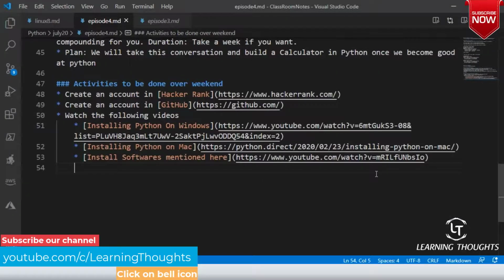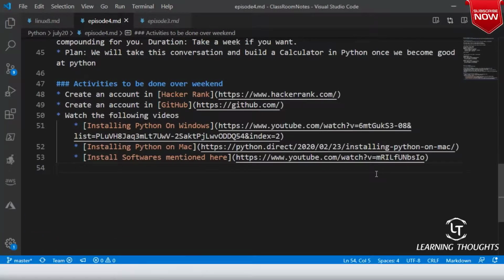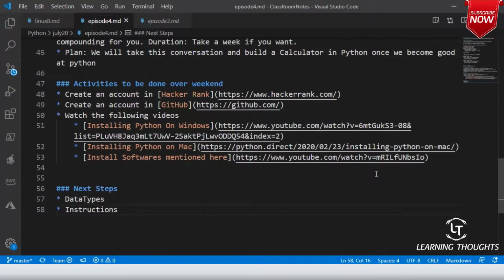Now, this is something which I have. And after this, we are not done yet. We need a few more things over here. So let us try to understand our next steps. We would try to understand data types when we start our discussion. Then we would try to understand instructions in programming languages. We will be experimenting with Python, but we will speak about instructions.